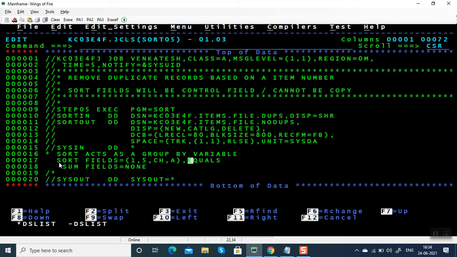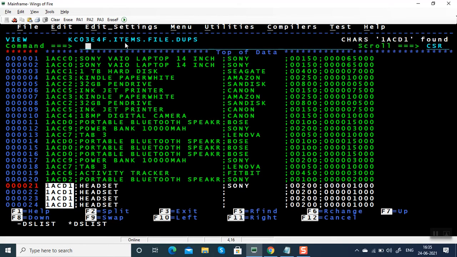Okay, so here sort fields will become the control field based on which we are going to remove duplicates. When you have two parameters like sort fields as well as sum fields, sort fields will be executed first, then sum fields will be executed. So assume the input data is copied to a temporary file. Sort fields will work first.